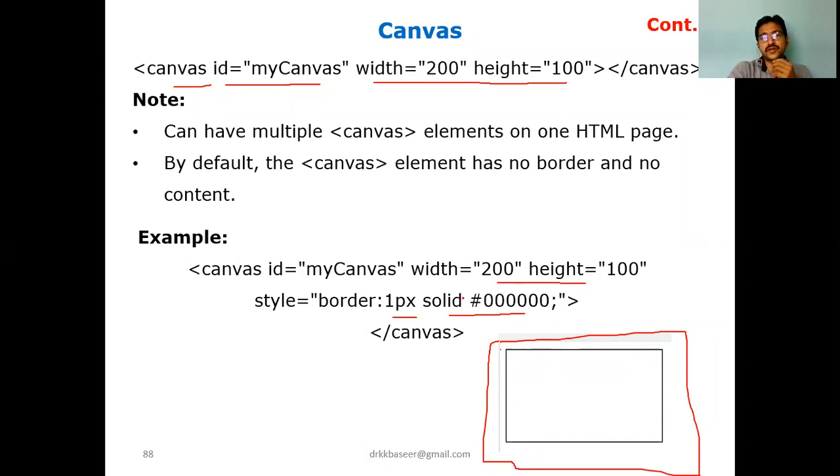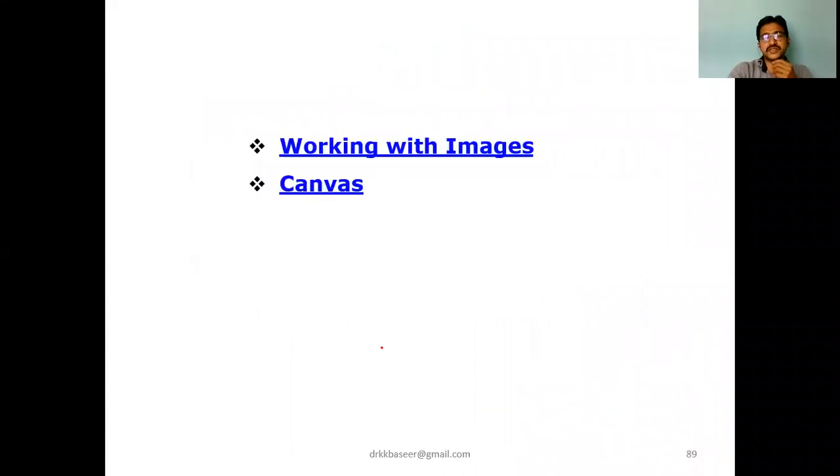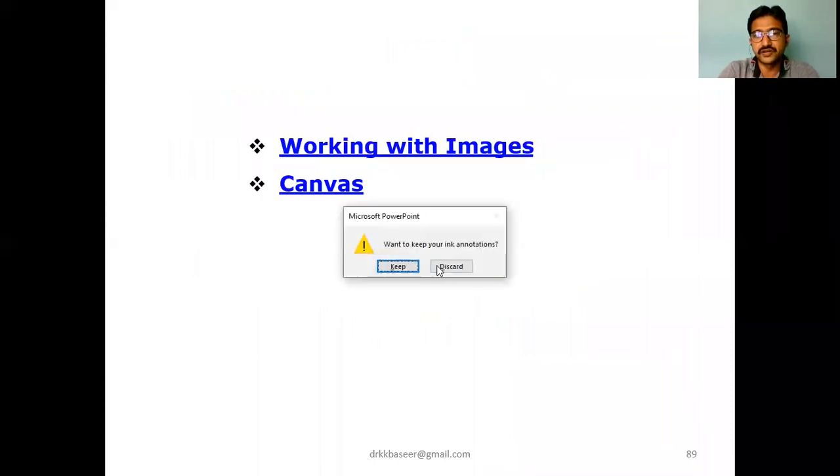Not only this, if you specify any styles, or any width and height, or other attributes, based on those attributes the canvas can be drawn. In this area we can draw our own images and graphics. We can make some text, like you can write HTML, like this also you can write it, in the canvas. Let me see in detail the working of these images and text, a little bit in depth.